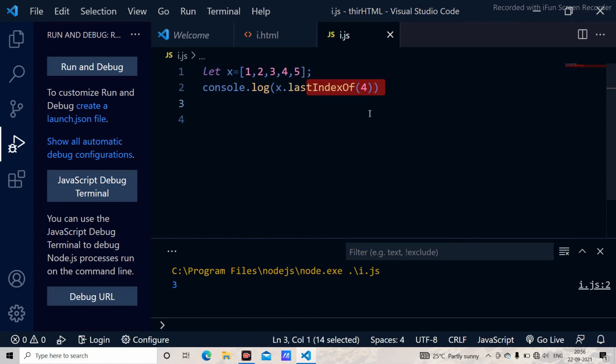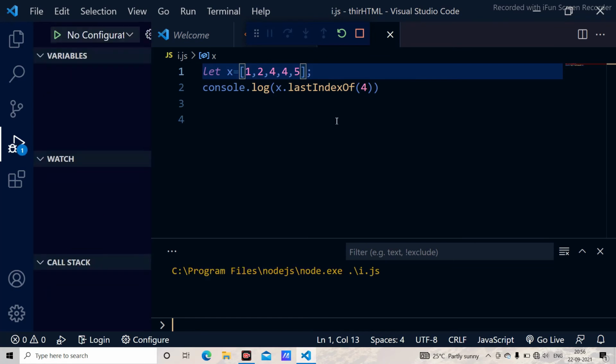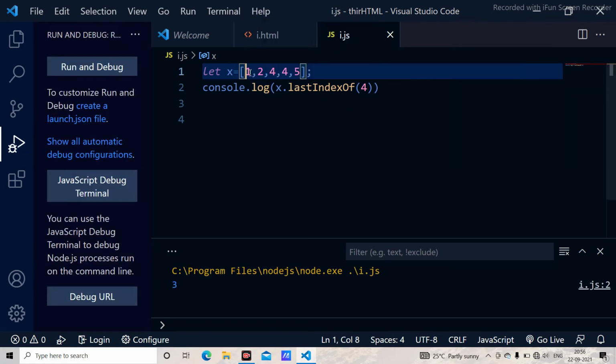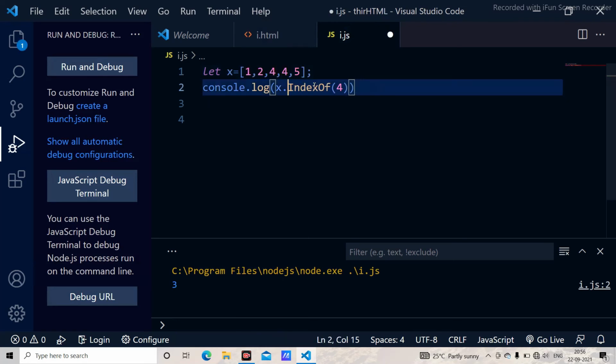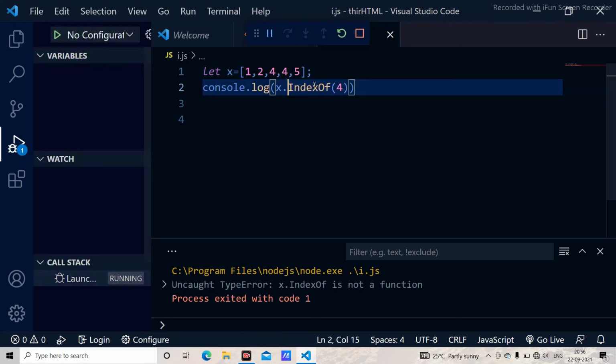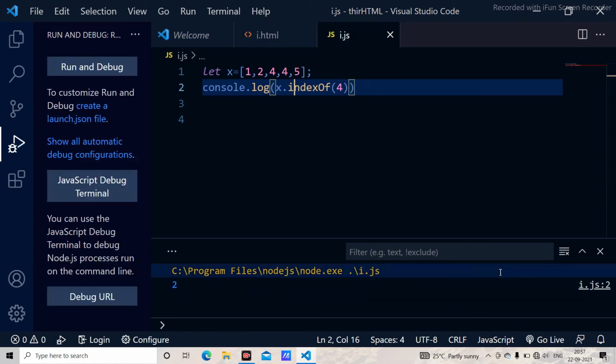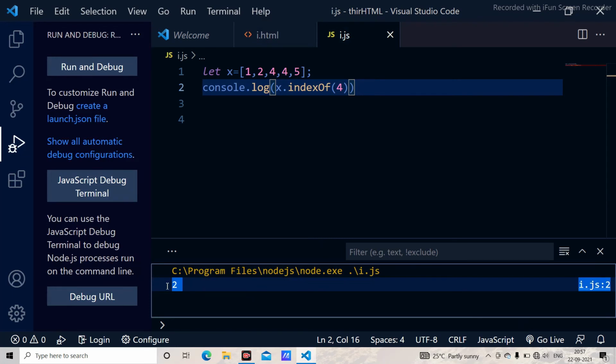When I use last index of and I just use 4 here, it is going to give us the value 3, because this is 0, this is 1, this is 2, and this is 3. When I use index of here and I just say 5, it is going to give us the value 2. Here you have the value 2, and this is how we go with index of and last index of.